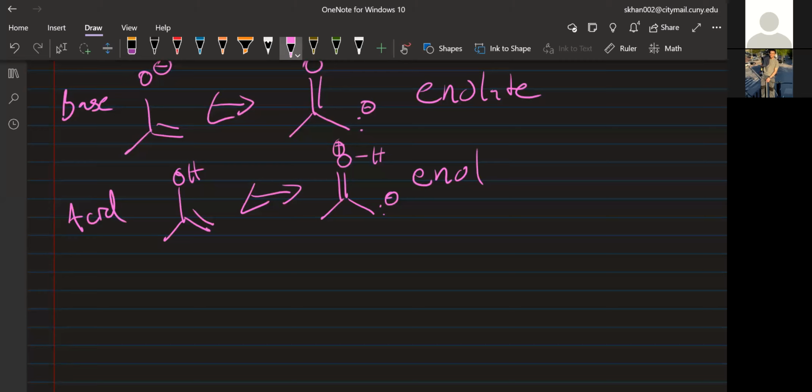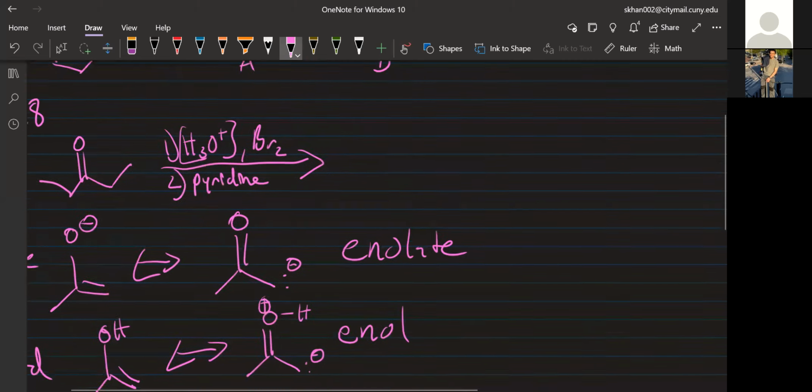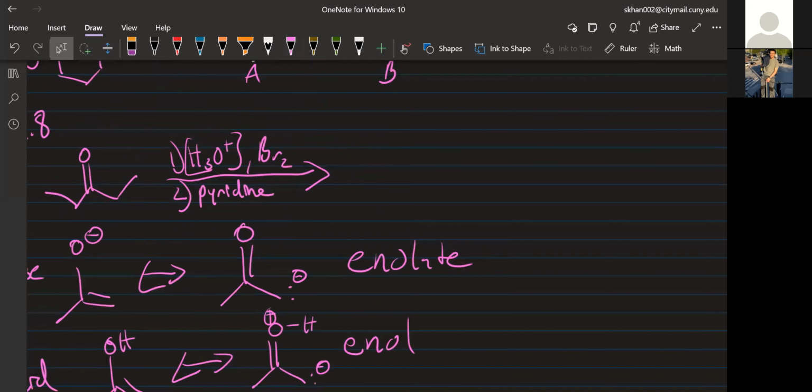So the first thing here, what we're doing, is we're turning it into an enol. When we introduce it to acidic conditions, we're going to form an enol. So we'll have something that looks like this, and this is symmetrical, so it doesn't matter whether it's here or here. For the sake of simplicity, I'm going to put it on this side. So this is after H3O plus. And then when you introduce bromine gas to it,